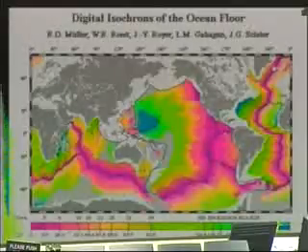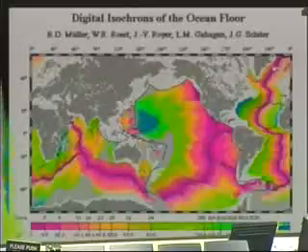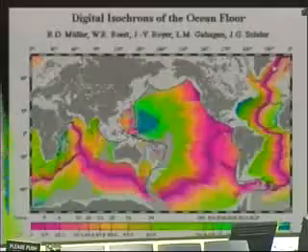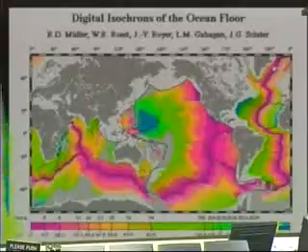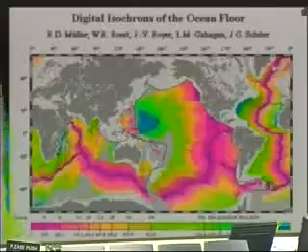Rocks on continents are much older, nearly 4 billion. 4 billion with a B. The ocean is only 180 million with an M. That's a huge difference. That meant something in terms of interpreting what was going on with the mechanics of our planet. But it was evidence from oceanography, from how we drilled these sediments and brought them back to the surface.